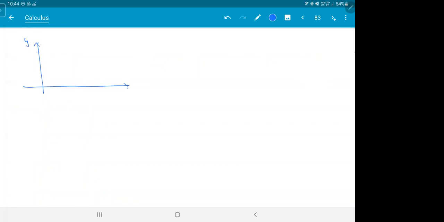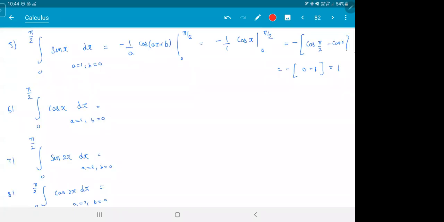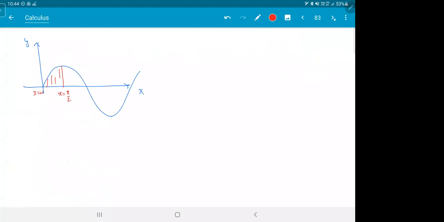You know what you found actually right now? What you did was y and x. This is the sine graph. You are finding area from here to here, pi by 2 to 0. So this is a graph for the first guy. You're finding the area up to the first this thing. This is pi. This is 2 pi. So the function repeats.